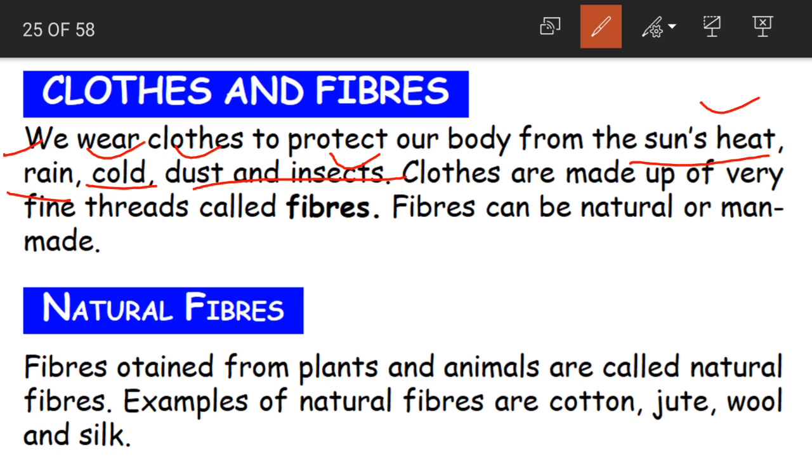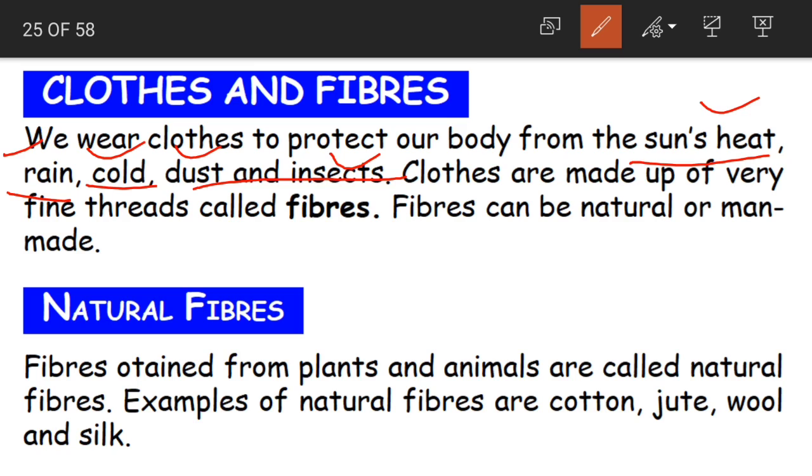In the cold season, we'll wear sweaters so that our body remains warm. For dust and insects, we'll wear full-sleeve clothes or pants so that we don't get affected by the dust and insects. So, according to the condition of the weather, we wear the clothes.